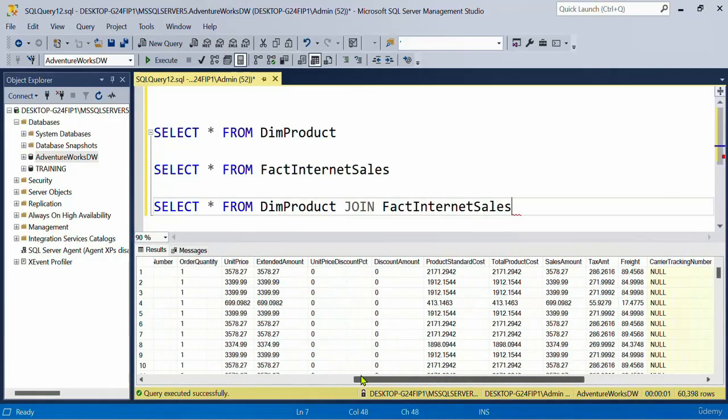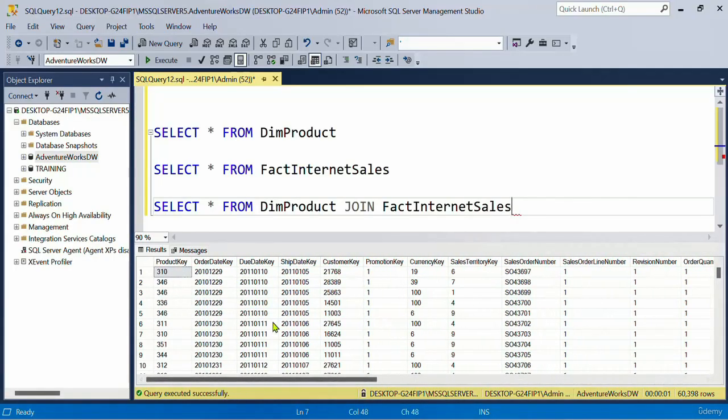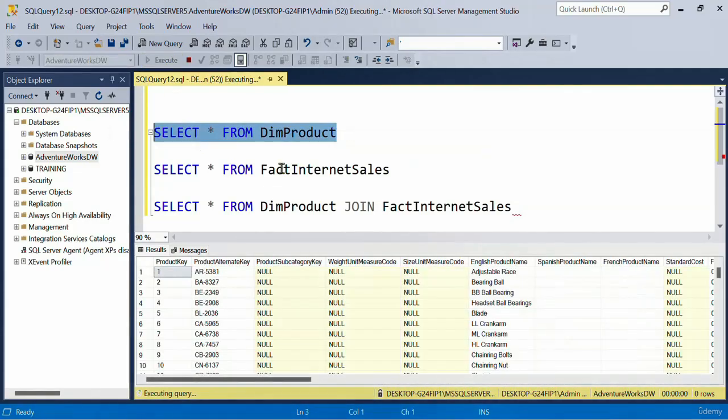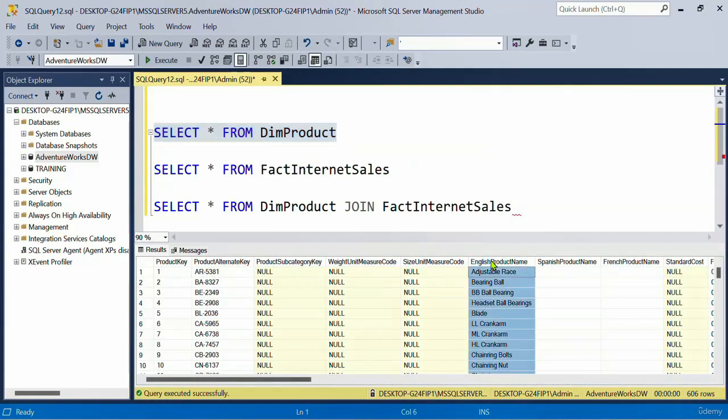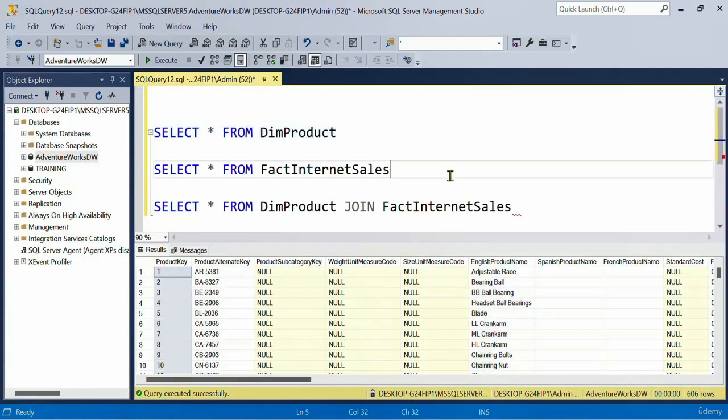and some dates. But if you want to know which product this particular transaction belongs to, you will not be able to identify it because here you just have the product key. You don't have the product name. On the other side, you do have the product name over here in the dim product, English product name column, as we are already familiar with it, and it has a product key. So now this product key column is common across both the tables. If I use the join concept we learned in the last video, it will help me on the basis of product key to join both the tables together, and then we can pull the columns we need from both the tables. Keep in mind that the column name need not be the same, but the data type has